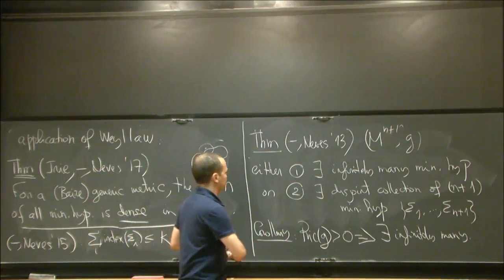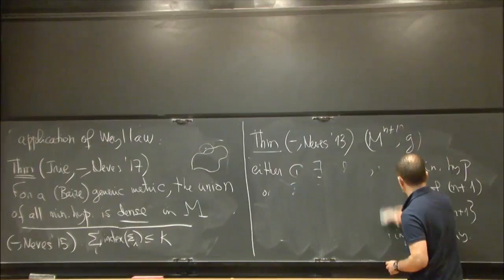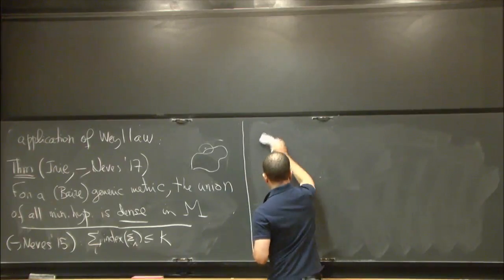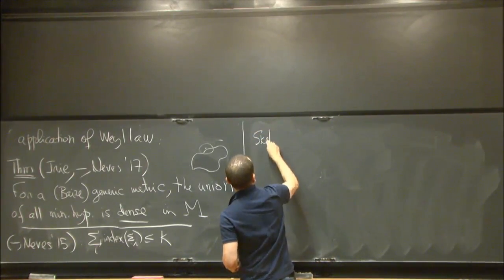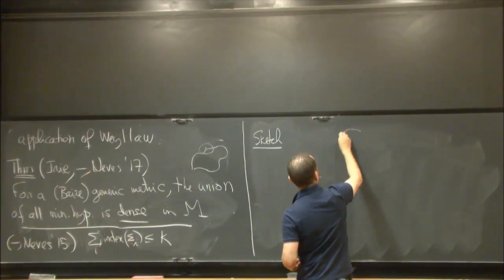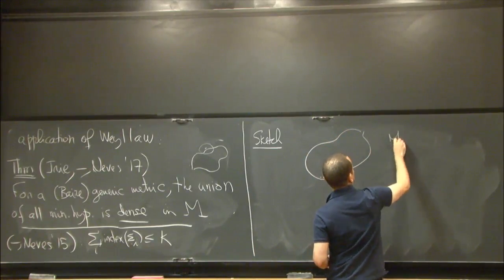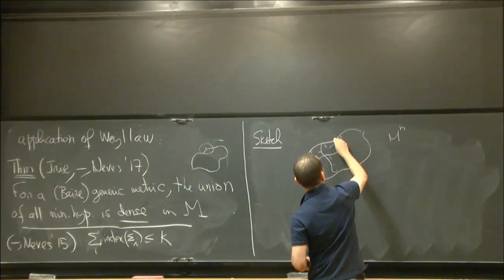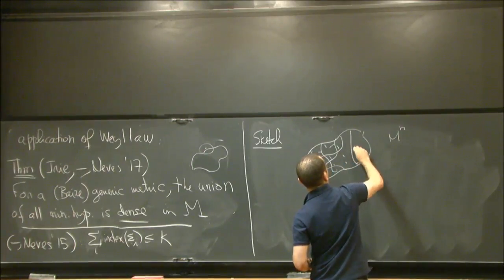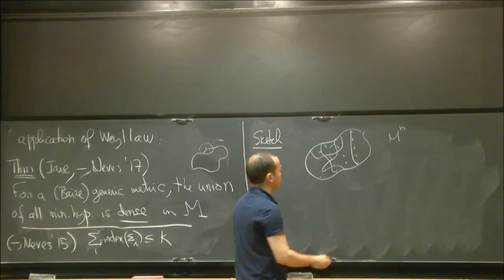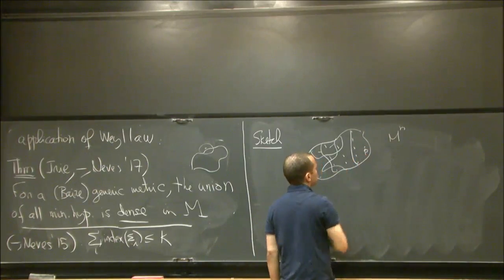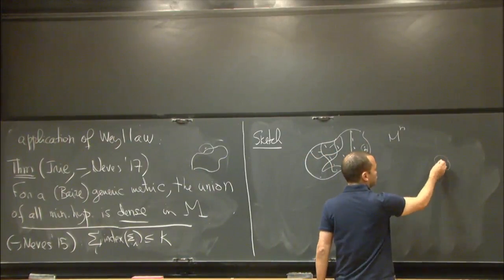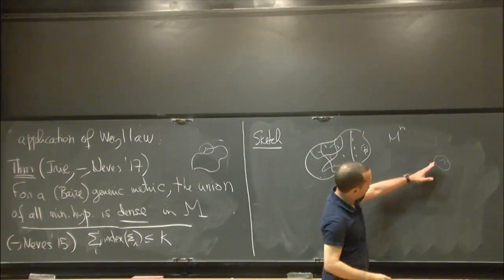So let me sketch the perturbation argument here, because it's really nice. You might imagine that you have a metric on some manifold, and you only have, say, 4 minimal surfaces: 1, 2, 3, 4. Say these are the only minimal surfaces. Then you choose a point P outside those surfaces. Then you pick a small ball, disjoint from the surfaces. And in that small ball, you perturb your metric slightly so that the volume goes up.